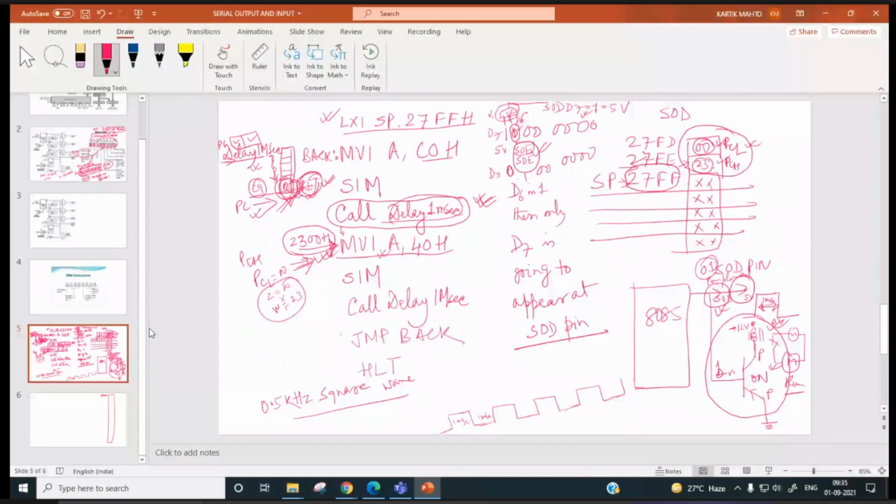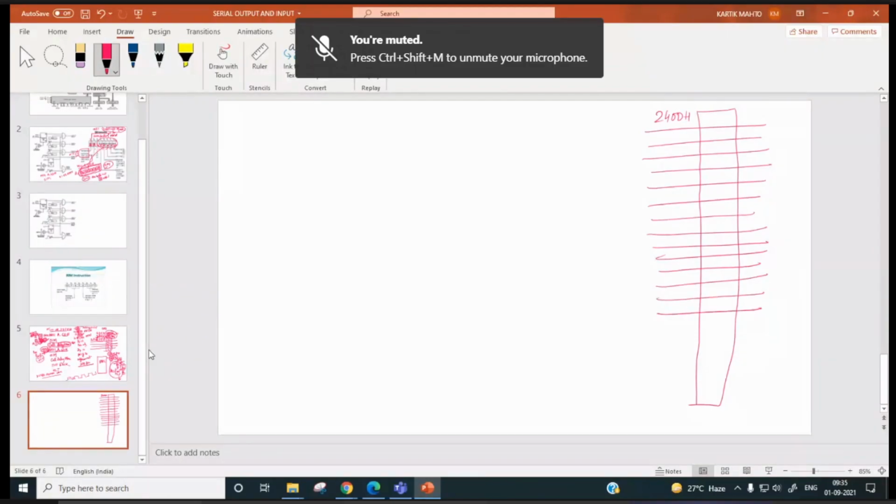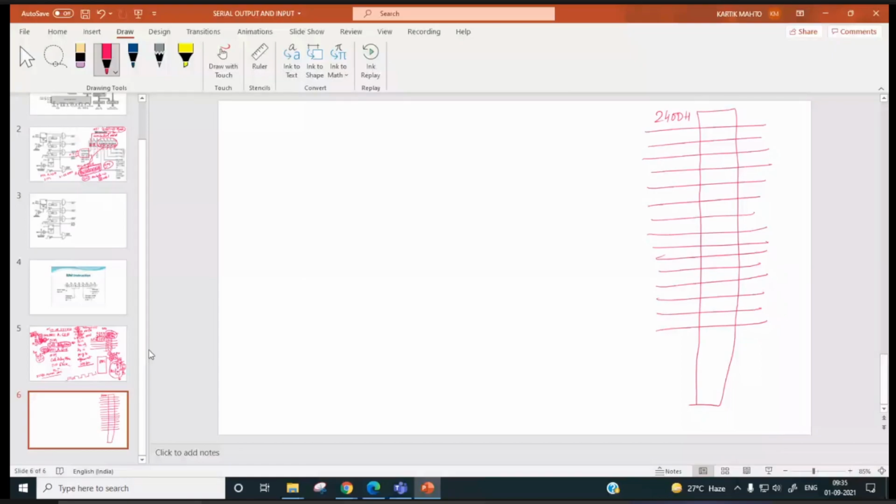So now I'll go to the next instruction, the next program. Suppose at 2400H onwards we have 256 bytes.